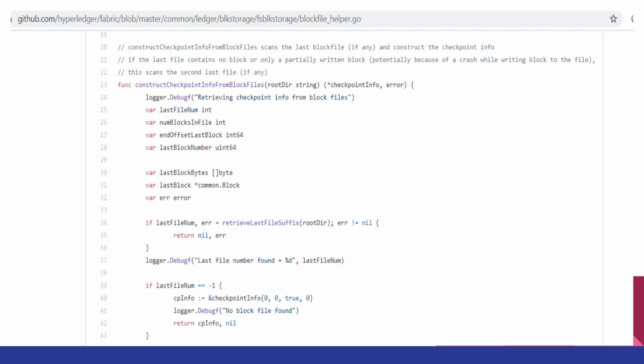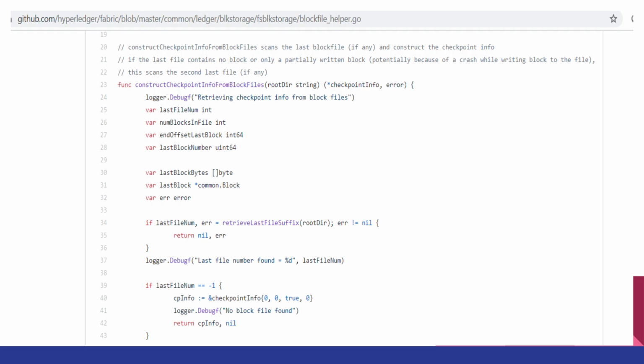And if the last file contains no block or only a partially written block, potentially because of a crash while reading or writing, then there is some internal recovery mechanism, written in Go code, that can recover the information from the ledgers of other peers and so on.